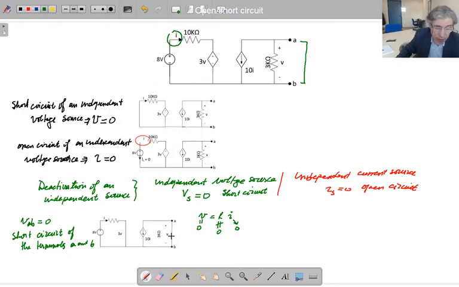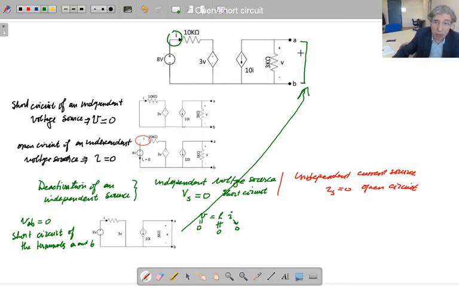What about the other elements? This short circuit affected the resistor here. At the same time, it affects other elements when you make this equal to 0. So we are talking about this area here. You make this 0. On the other hand, there is a dependent voltage source here, a voltage controlled voltage source, of which the voltage is controlled by this V. We made already that V equal to 0. Then that means this element becomes 0 as well. This element voltage becomes 0. When V is 0, this element voltage is 0. That means voltage is 0. That's a short circuit. That's this short circuit.